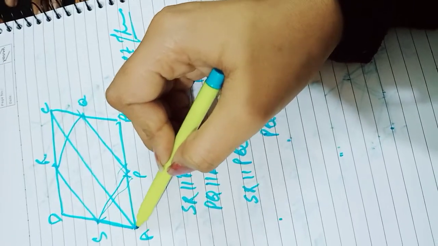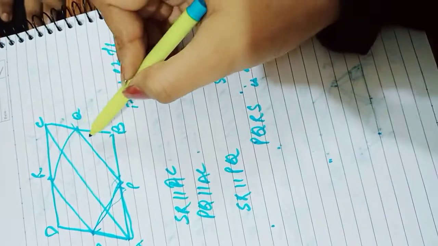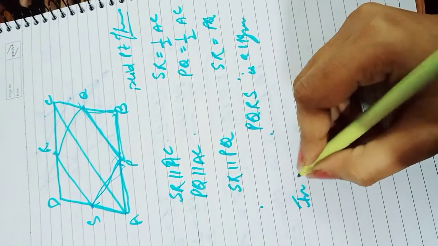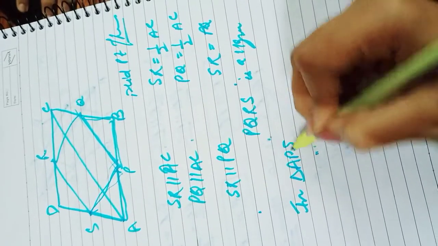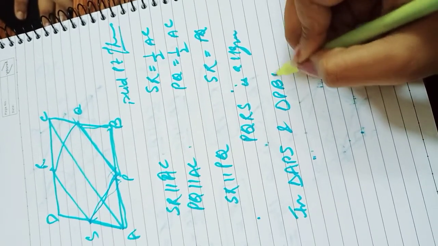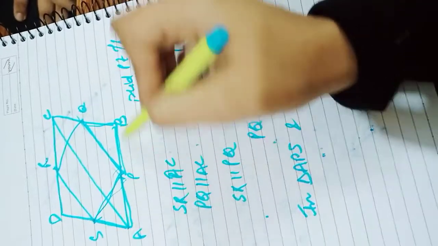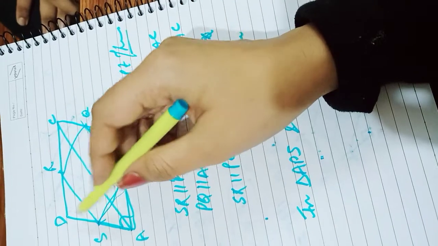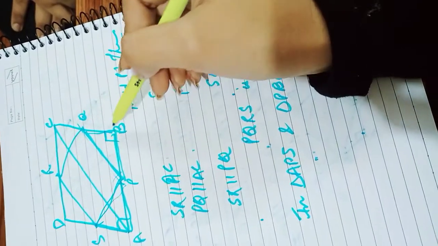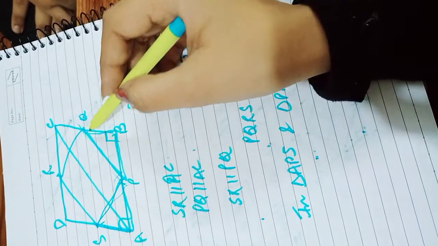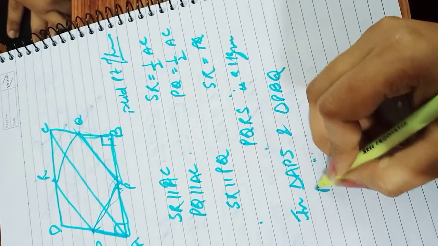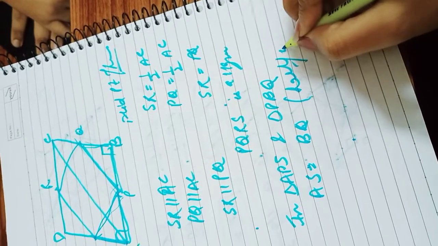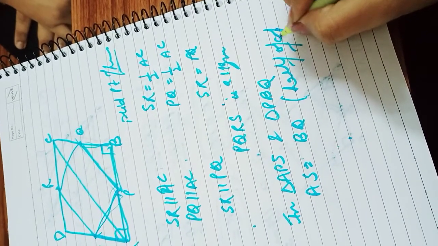First of all, just go in this triangle APS and in this triangle PBQ. In triangle APS and triangle PBQ, see, this is a rectangle, no? So this would be 90 and this would be 90, right? And this is a rectangle, opposite sides are equal. So half of opposite sides, that is AS, would be equal to BQ. AS would be equal to BQ, half of opposite sides of rectangle.